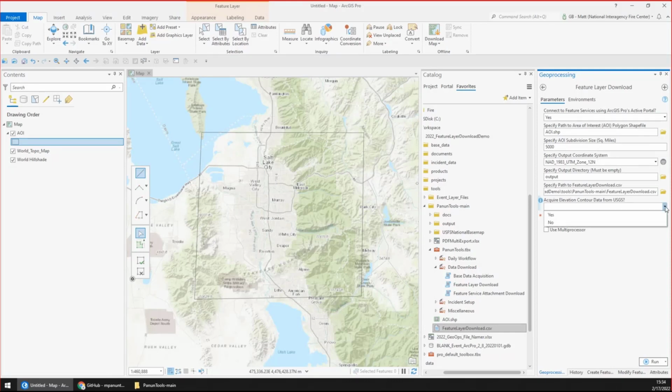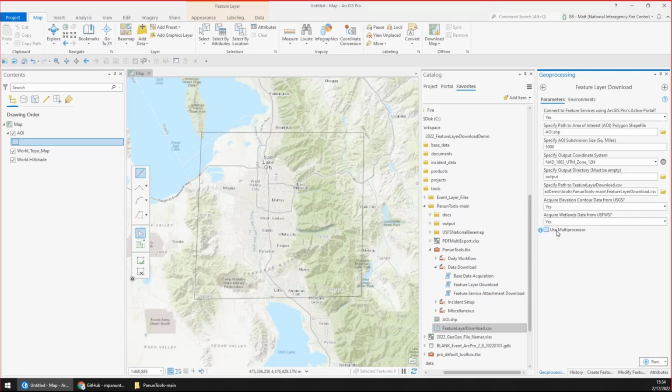These are just questions. Do you want to do this, yes or no? We're going to set these to yes, but Andrew and his Forest Service colleagues were unable to publish nationwide services of elevation contours and wetlands data because these two data sets are extremely dense and it was just too much data to publish. So to work around this issue, I wrote some code that will manually pull these data sets together for the user's area of interest. These are the only two data sets that must be acquired manually in this way. All the others were successfully published as feature services.